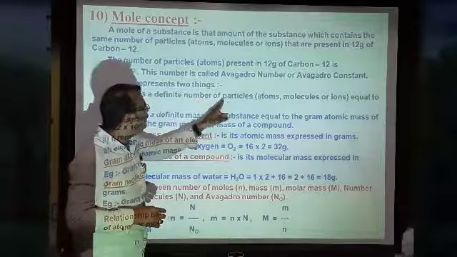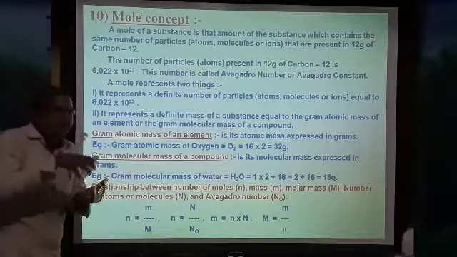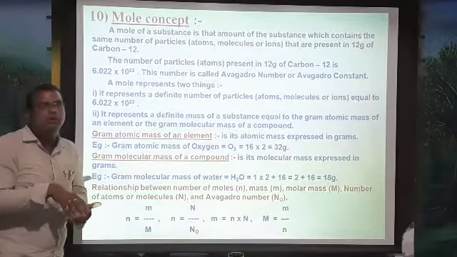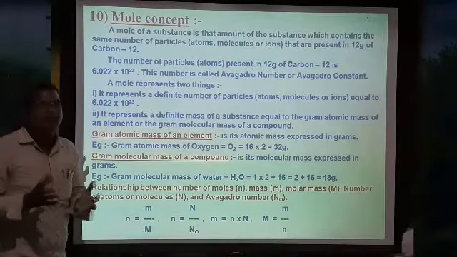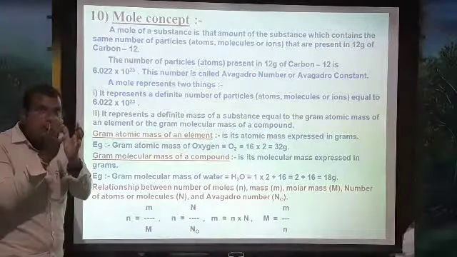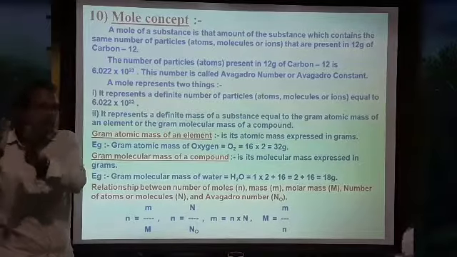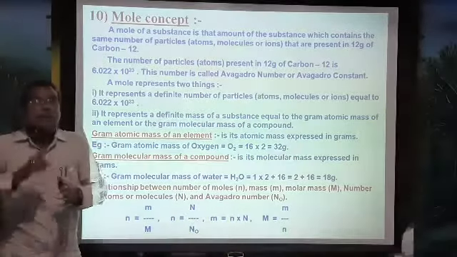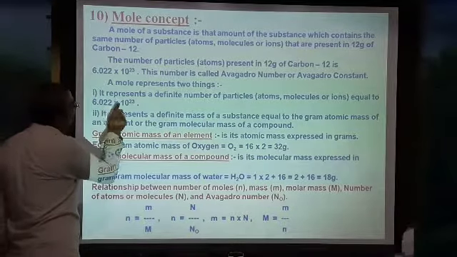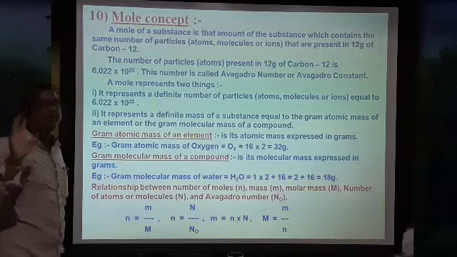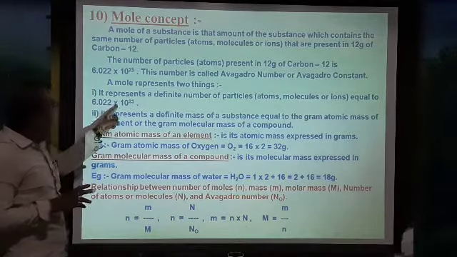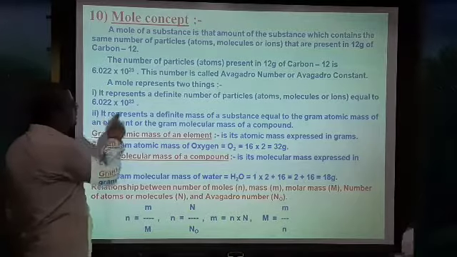As I already told you, in a glass of water or in a water bottle, how many water molecules are there? We can't tell, we can't calculate it. So what we can say is that the amount of water present in the glass or water bottle is equal to 6.022 into 10 raised to power 23, and it represents a definite mass